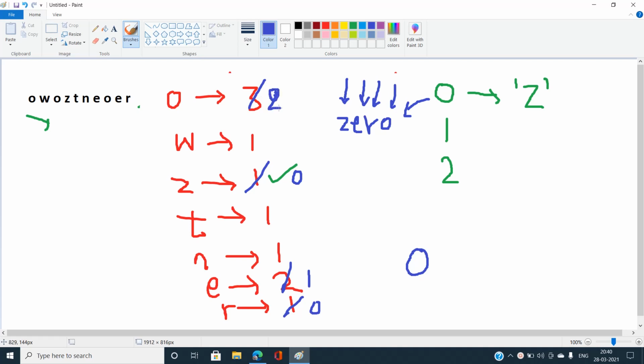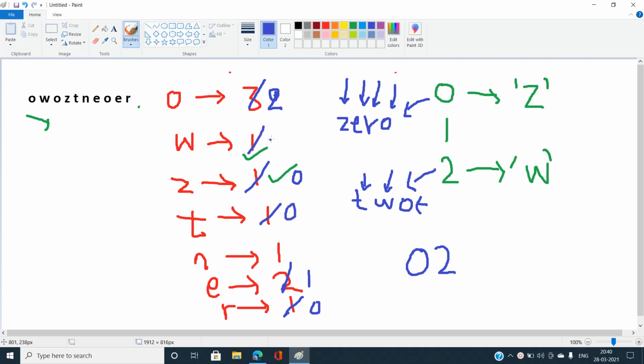Okay, so what should be our next operation? Because I am done with 0, let's come to 2. For 2, its unique identification is W. What is the frequency of W? You can see it is 1. If the frequency of W is 1, it tells us that we must append one 2 to my answer. Then the word corresponding to that is T, W and O. So I need to subtract the frequencies of these characters. So we'll make it 0, make it 0 again, and make the other one 1.